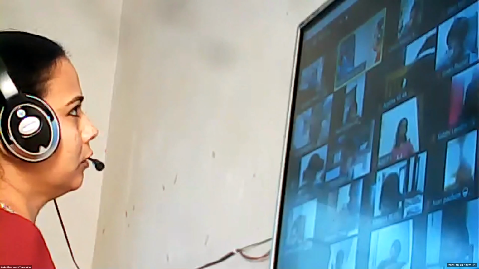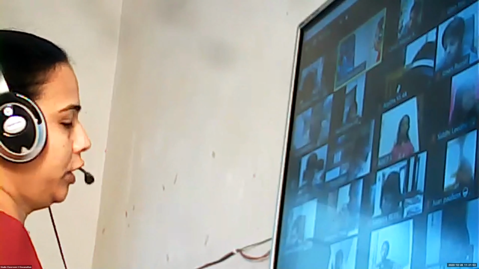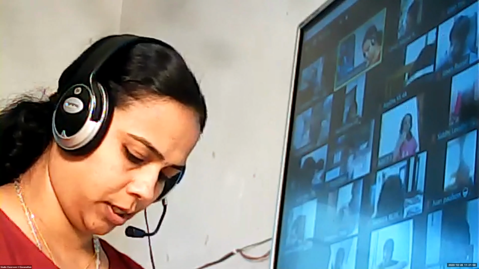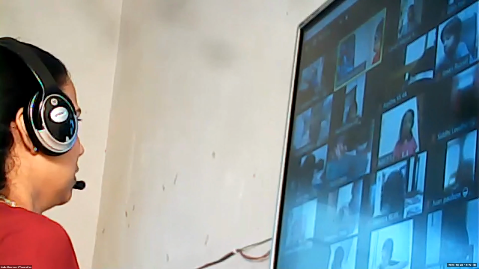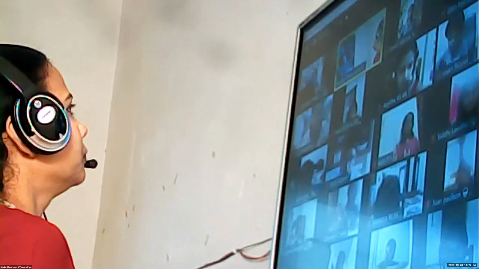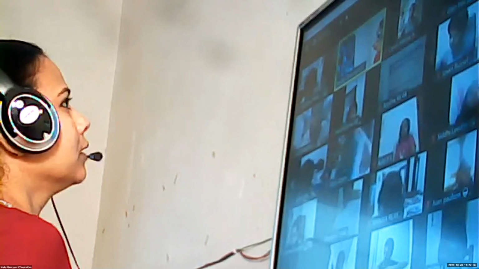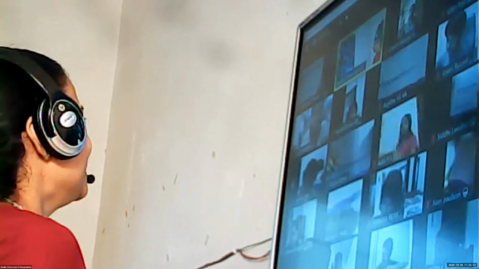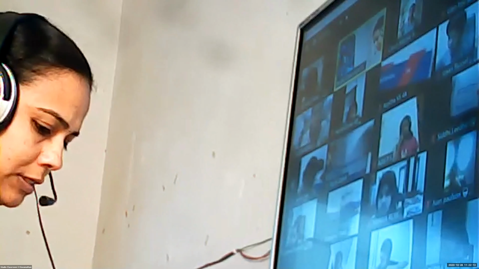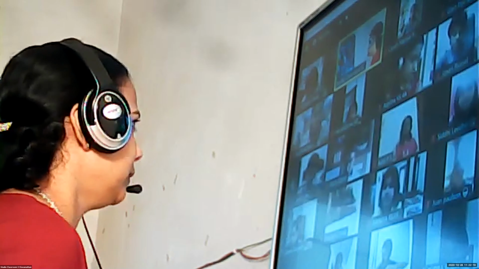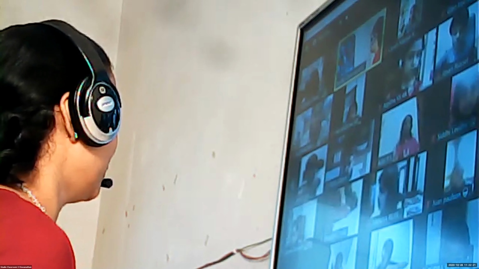Finish, Riza? 5.3. What is the page number? Page number 49. Can you show me the page, children? Page number 49. All of you, page number 49. Yes, 5.3. We are doing Mendel multiplication techniques. Yes, children, you can do only the multiplication table. Okay. So I will ask one by one now.